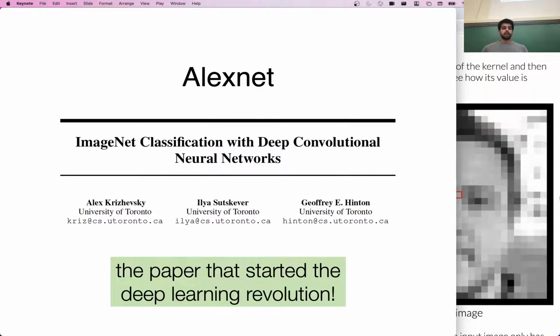So this paper showed that whatever was happening in computer vision before then, which used mainly these kinds of handcrafted features or features that used heavy manual engineering, really underperformed just learning a big, deep convolutional neural network over a supervised data set. So this was specifically for the task of image classification, where you're given an image and you're asked which one of like 1,000 different categories does this image belong to? So the categories could be like dog, cat, or other common objects that could be in the image.